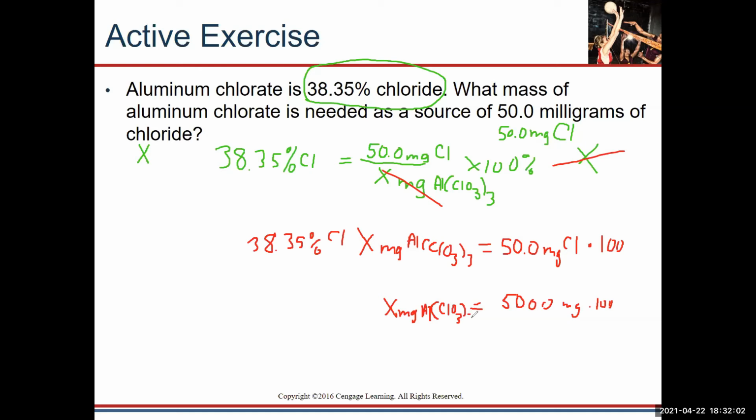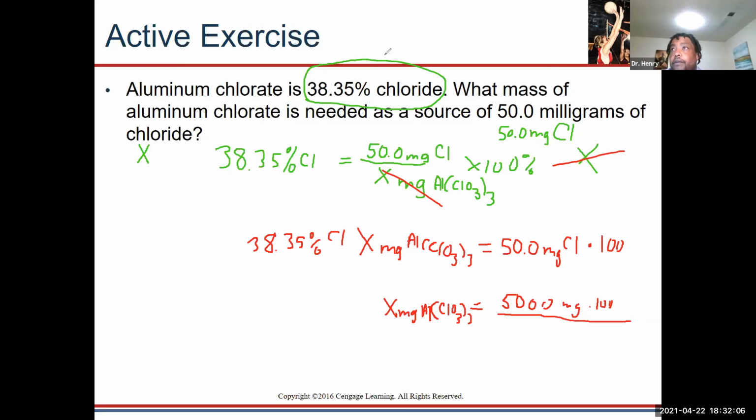Wouldn't the 100 go away once you multiplied them? Yeah. Well, oh yeah, thank you. Down here. Yes. And your percentages are going to cancel out, and then you're just going to be left with milligrams. Okay, so